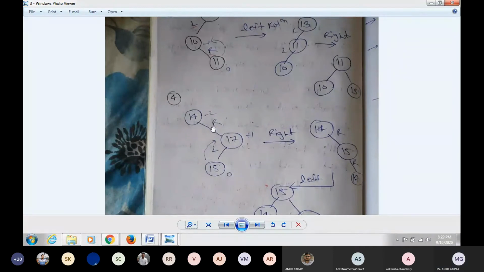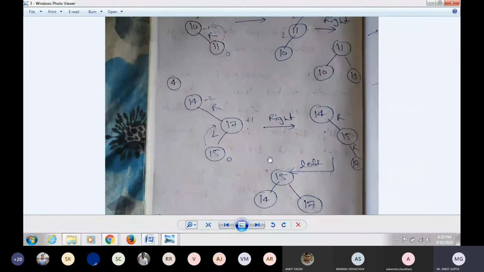So because of RL, first of all, I have to rotate right and then I have to rotate left. Okay. If I am getting RL, so first of all you have to rotate right side and then you have to rotate left side. Okay. So I have to fix 17, then 15 will go in the right side. 15 will go here, 17 will come here. Okay, so 15 will go here. Now 15 and the 17. So I am getting right.